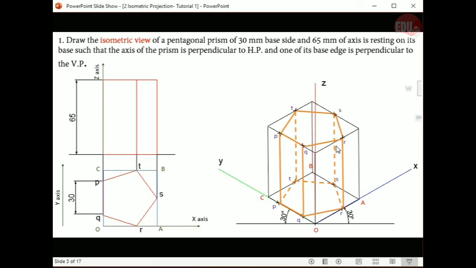But when you draw SS, it will cross this edge. Okay, so you have to draw that one as an invisible line. Similarly, when you are drawing TT, it is crossing PQ, so you have to join that one as a dotted line. Like that you can